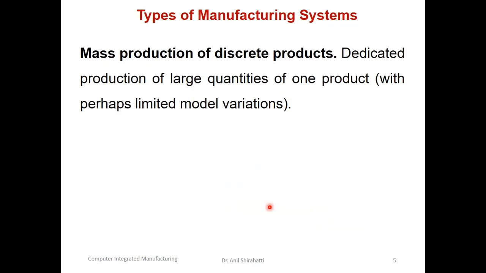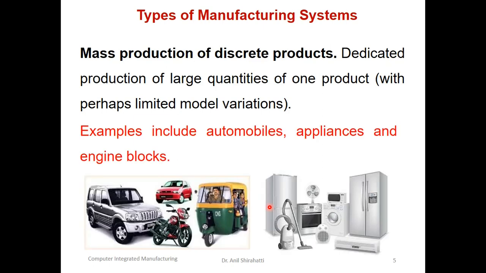Now the second process is the mass production of discrete product. Here, for example, if we consider some automobile, let's take one car. Let's say you are having a car of Mahindra. Mahindra Scorpio will be produced in volume of say 10,000, 20,000, 50,000, like this. Then you may have another model of Mahindra TUV, or let's say in Maruti you may have Swift, you may have Dzire. So 1 lakh productions of the same type.